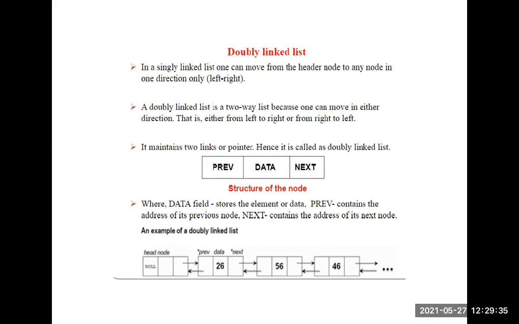So here two links are there. In a single linked list you can traverse the list in only one direction, but in a double linked list you can traverse it bidirectionally. You can traverse the double linked list both ways.